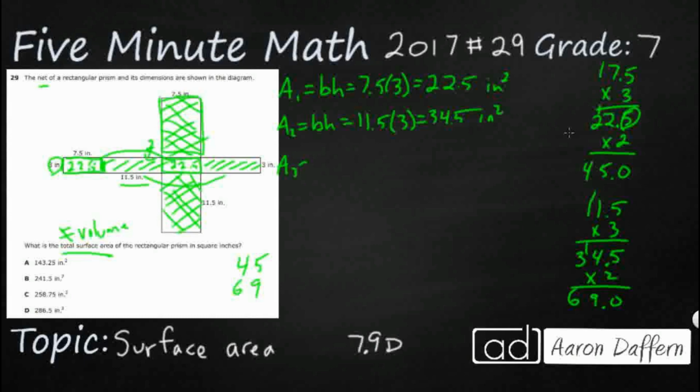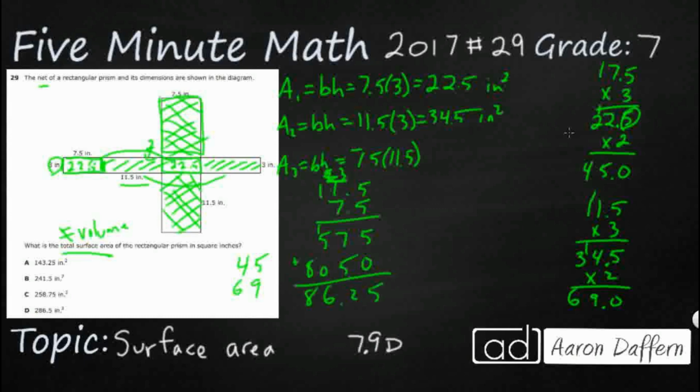That's base times height. Ooh, 7.5 times 11.5. All right. So let's do that. 7.5, 11.5. Let's do a 3 by 2 here. 25, that's 75. And that's 35. That's 10. That's 8. Add that up. I've got 12, 6, 86.25. Let's double that. 10, 5, 12, 17,